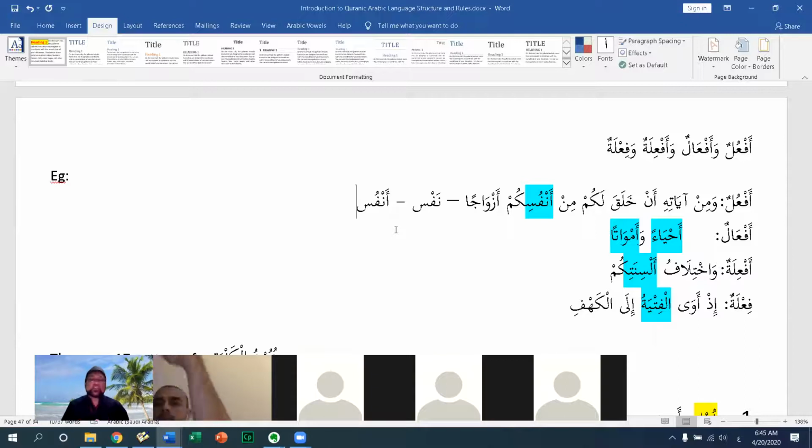So it's not like nafsun and nafsuna, are you following me? Or nafsatun. It doesn't have a uniform pattern. It doesn't follow the pattern of una or atun for masculine or feminine. Therefore, we say anfus is jam'u taksir. But it refers to between 3 and 10. It's what we call jam'u al-qilla. So anfus, we would say, is jam'u nafs on the pattern of af'ul.